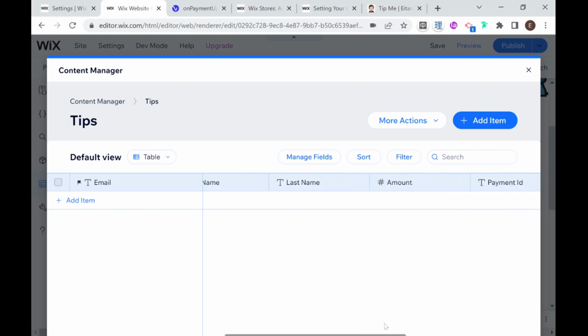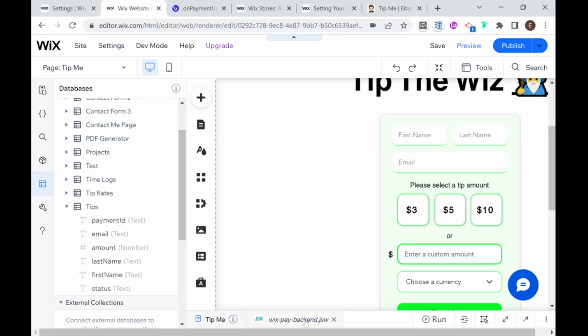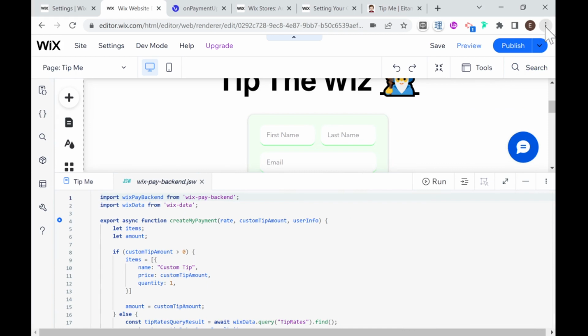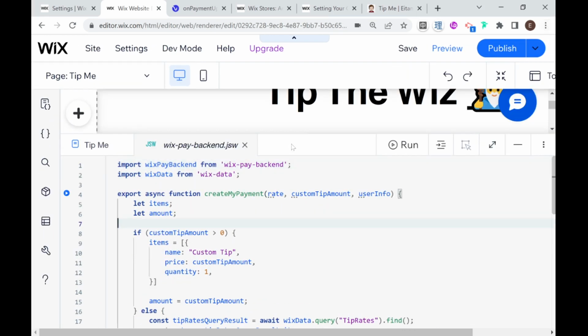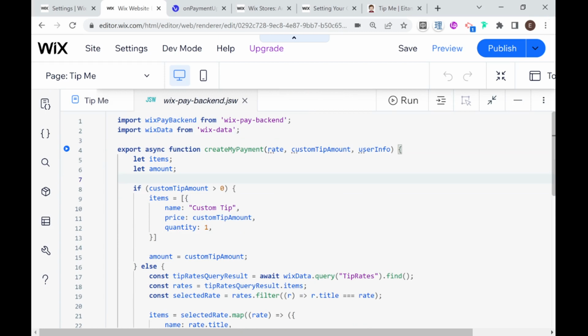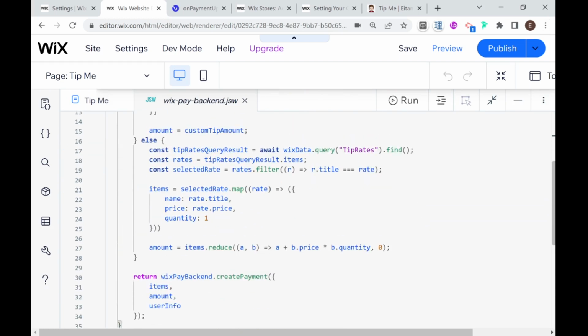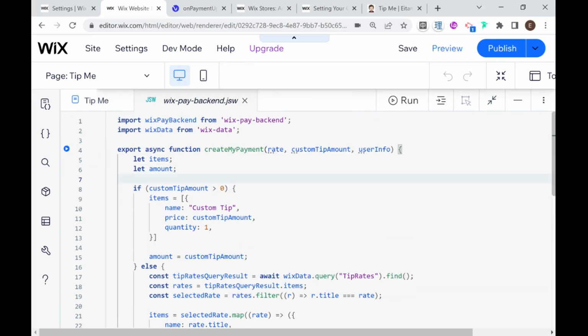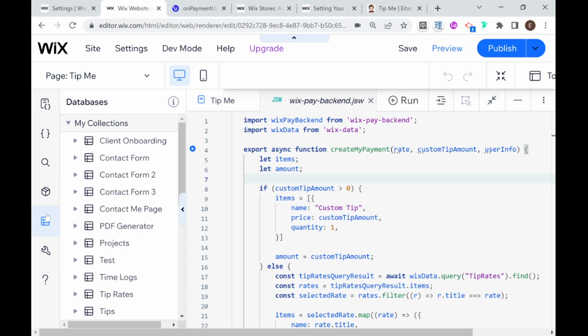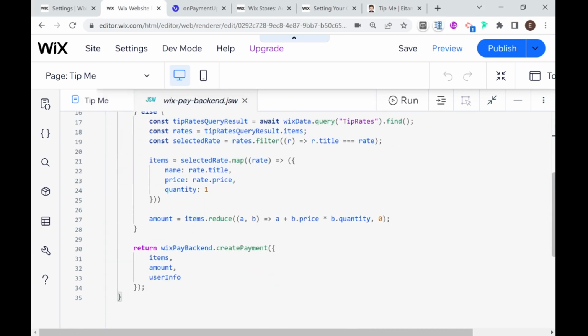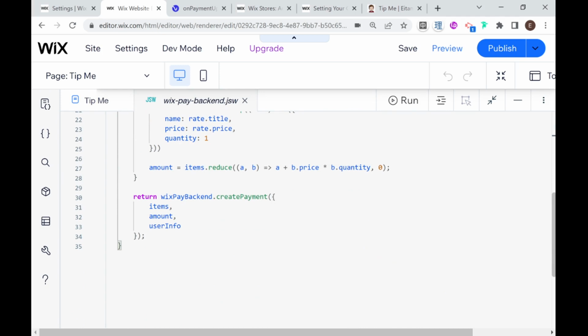Because we don't want anybody tampering with any of this information. So what I'm going to go ahead and do is go to the backend file that we set up, the module, and zoom right back in. And what we're going to do here is that once we run this create my payment function, we are going to insert an item into that collection. But before we do that, we need to do a little refactoring